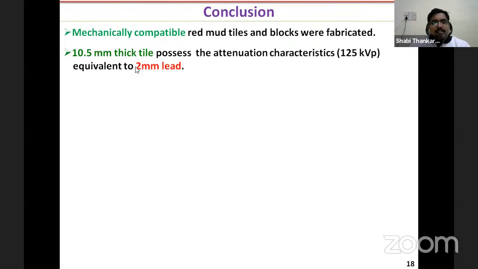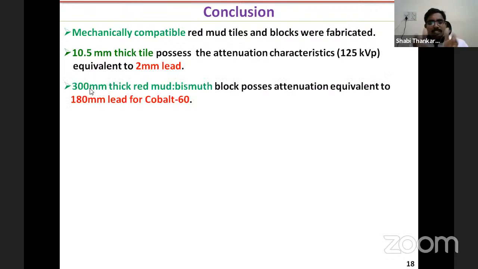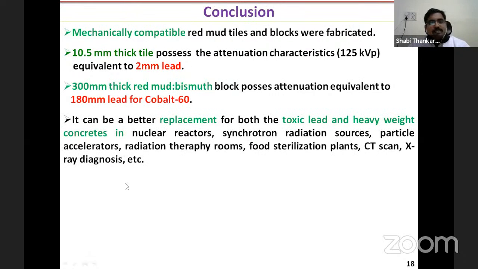In conclusion, we have made the tiles with sufficient mechanical strength. 10.5 mm is sufficient to show the attenuation of 2 mm lead, and a 300 mm thick red mud bismuth block is sufficient to replace 180 mm lead for shielding cobalt 60. It will vary with respect to the energy, and it can be a better replacement of toxic lead